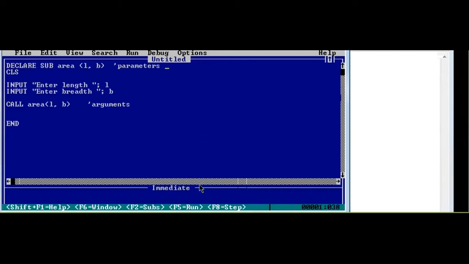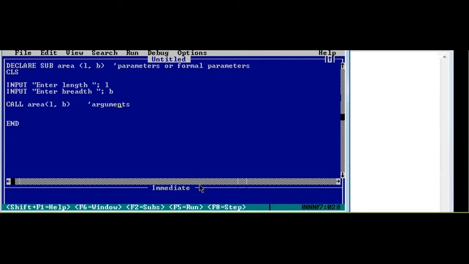Now there are a few other names for parameters and arguments. That's what I'm going to write right now. Parameters are also known as formal parameters. Okay, this LB can be referred to as parameters or formal parameters, and similarly arguments also have a name.